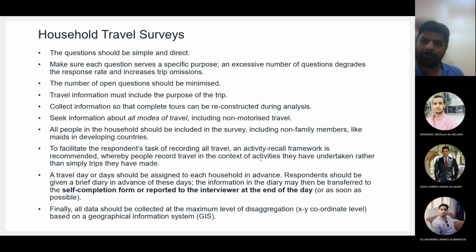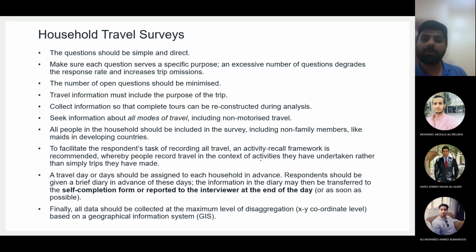Okay, it will take less time because the user is only clicking it or just ticking it, and it is found to be more convenient for the travelers to fill in the questions which have options. Okay, so multiple choice questions are easier than blank questions, like questions with a blank.